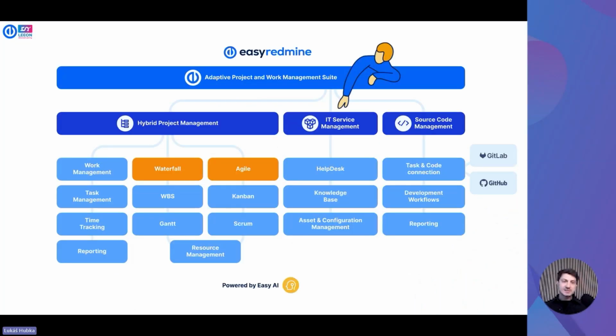So let me put up this diagram that we present as the general overview of Easy Redmine. I feel as human beings, we are sometimes very simple. We see a picture or a visualization and we like it. A software platform or a software suite is basically what we call Easy Redmine. It consists of 3 main pillars when it comes to functionality: the hybrid project management, the IT service management, and